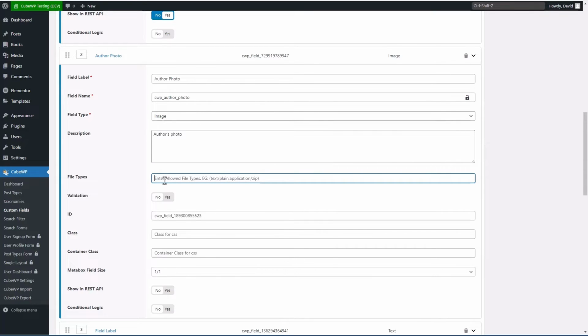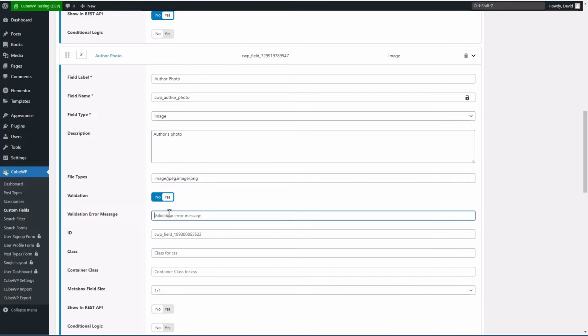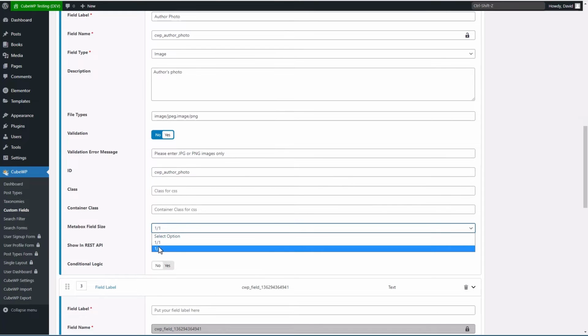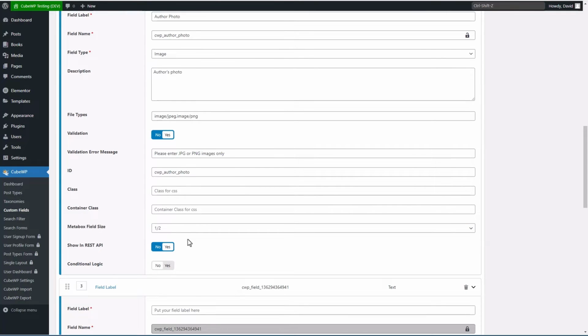So I'll just paste in here image/jpeg, comma, image/png. And I'll have that validated also and add the message, please enter JPEG or PNG images only. And again, I'll change the ID to be the same as the name, set this to be half width, and show in REST API as true.